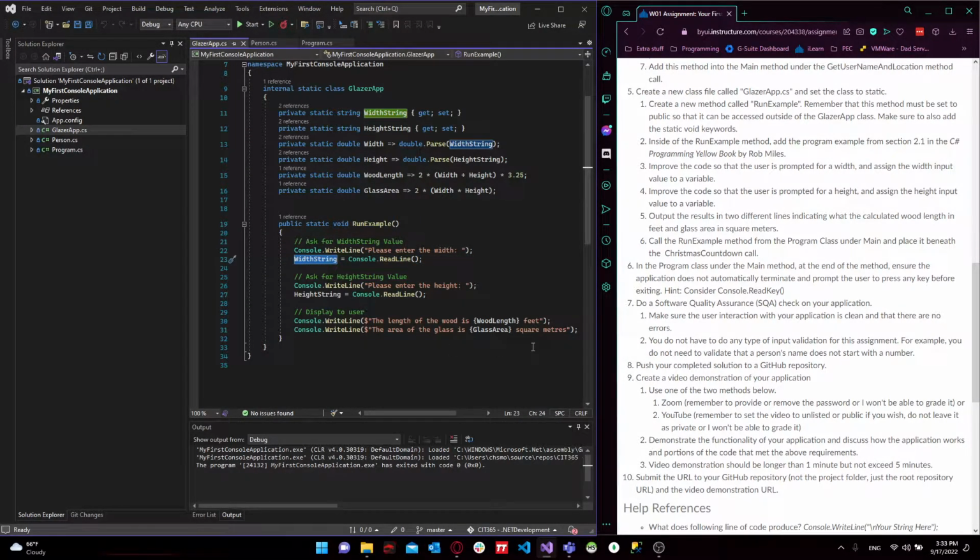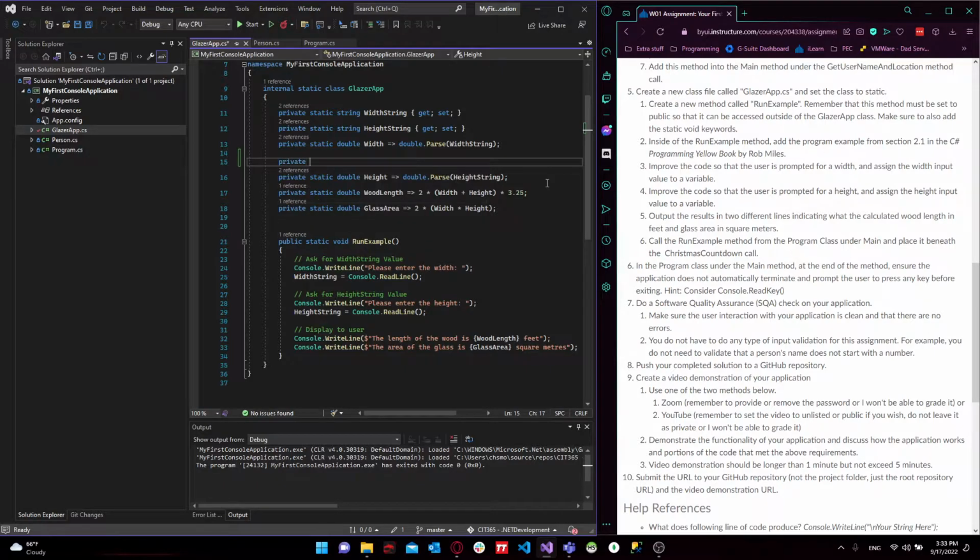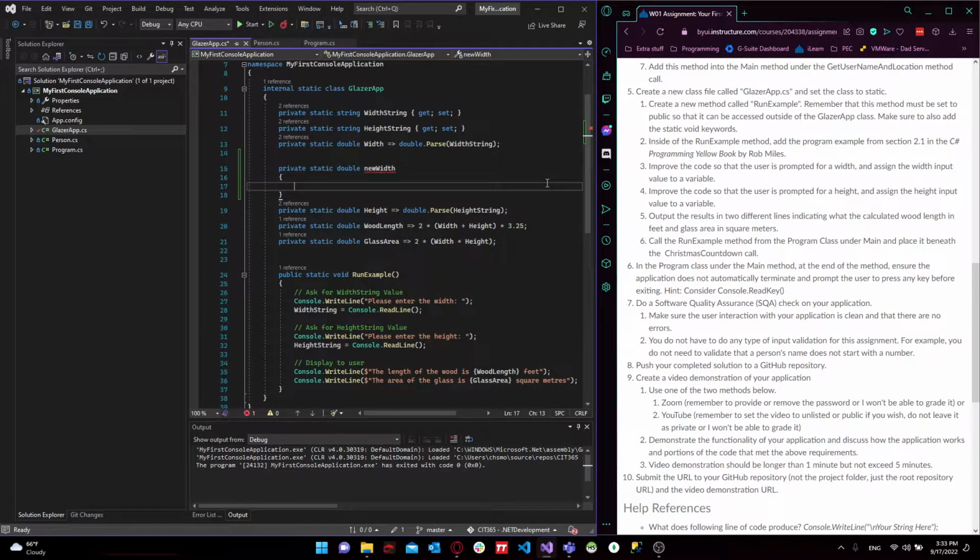I did change some of the local variables that were in this line of code as well, and I decided to use what is called expression bodied member properties, essentially, where I can come here and specify the width, the height, the wood length, and the glass length using a lambda, and then doing some calculations on that. And so you can see the width here is calculated by taking double.parse of width string. This is the same as if I came here and said private static double new width, and if I said get,